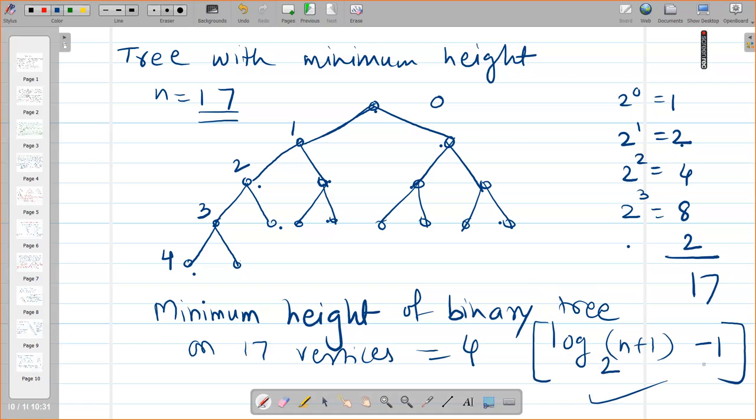So in the next class, we will see how this formula can be achieved. And in the next class, that is on Monday, I'm going to take tree traversals. That would be the last topic. Okay, girls, can we stop here?